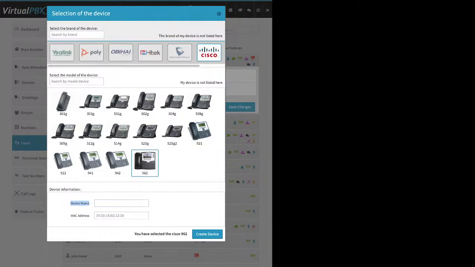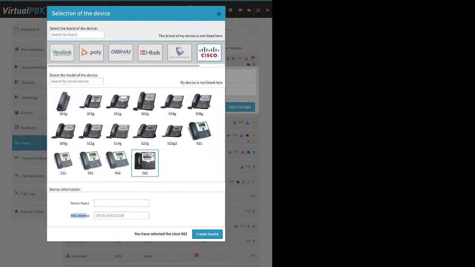Then down here, you want to give it a name, right? Like Bob's phone or warehouse phone, something like that, just so it's easy to recognize. Some customers use phone 1, 2, 3, etc. That's great initially, but 6 months from now, you might not know where that phone is just by looking at the device name,